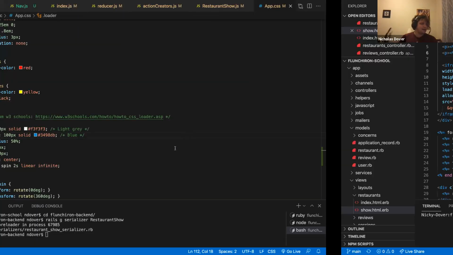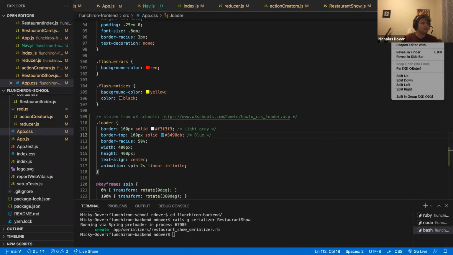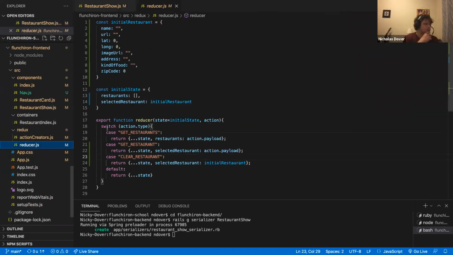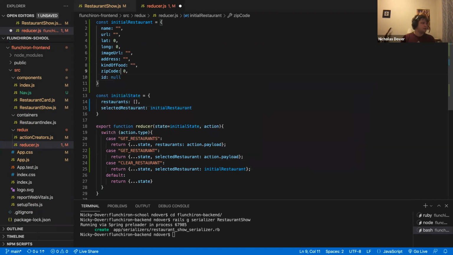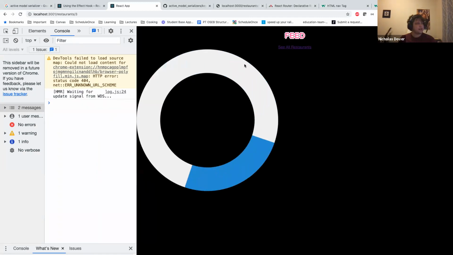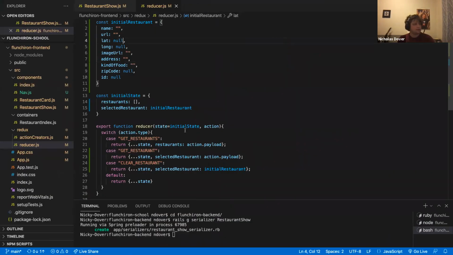So what we're doing here is we're saying, hey, if, oops, let's go over to our reducer. Close all these other tabs. Open up the reducer again. Oh, right. ID. I'm actually going to make these null. I feel like that's a more accurate value than 0. I think it was a slip up to call them 0. But now we're saying, hey, if the ID is null, go ahead and load the spinner. But once the ID isn't null, go ahead and load our